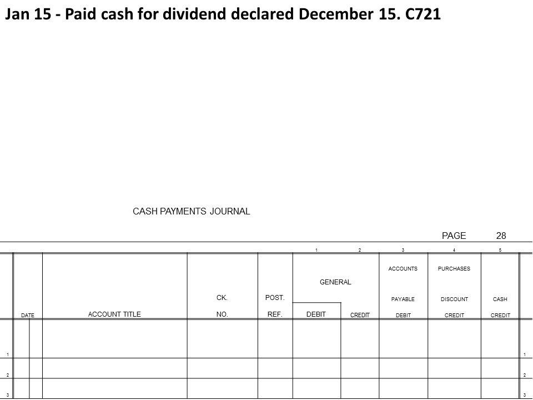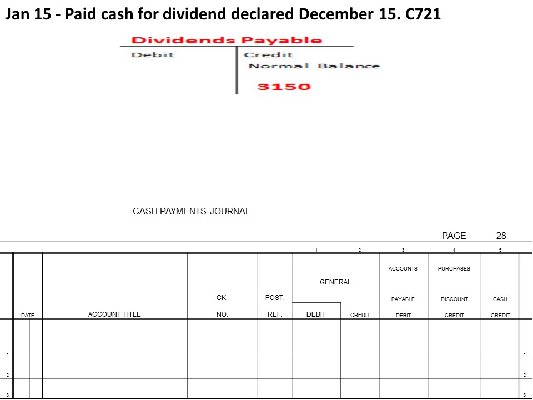So now let's take a look, now that we've declared it. Now what we're going to do is pay cash for it. Paying cash is going to be a little bit different, but it's really nothing that we haven't done before. If you remember from the previous slide, we had dividends payable with a credit balance of $31.50. Well, if we're going to pay cash, as it says right in the transaction, our only other account is going to be cash. So basically we need to zero out our dividends payable and ultimately pay cash. So we're going to put a $31.50 debit for dividends payable. That will give us a zero balance for the dividends payable account, and we'll do $31.50 in our cash.